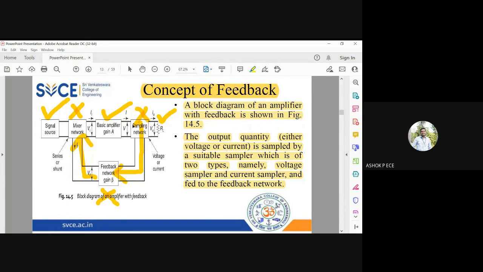Okay, please understand, the sampling network will pick a proportionate value of voltage or current from the output of the amplifier and give it to the feedback network. If it takes out voltage, it is called voltage sampling. If it picks current, it is called current sampling. So the main function of the sampling network is to take a portion of the output signal, which may be voltage or current, and give it as input to the feedback network. So that is the main functionality of the